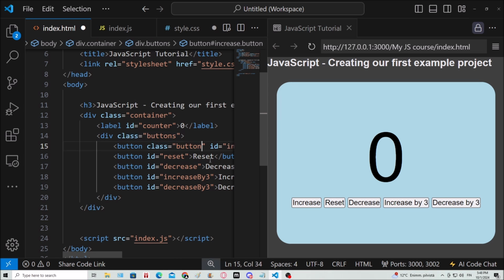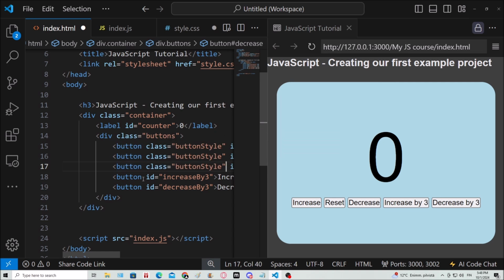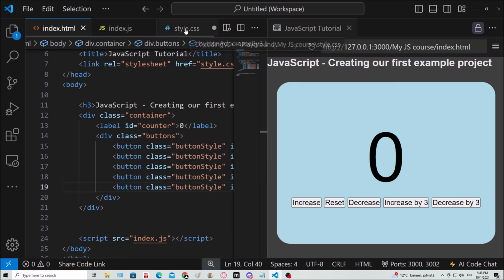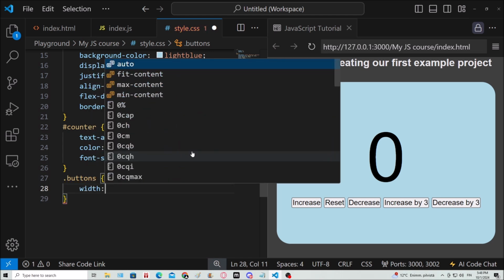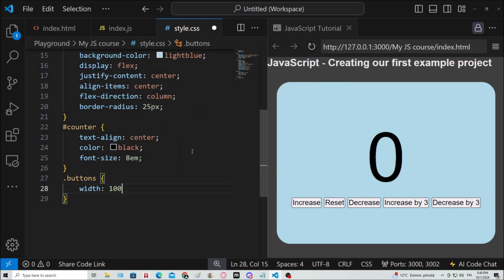We gotta say button style. Alright, I'm gonna copy this to every one of these. And then I'm gonna take the div element dot buttons. The width will be, let's say 100%,